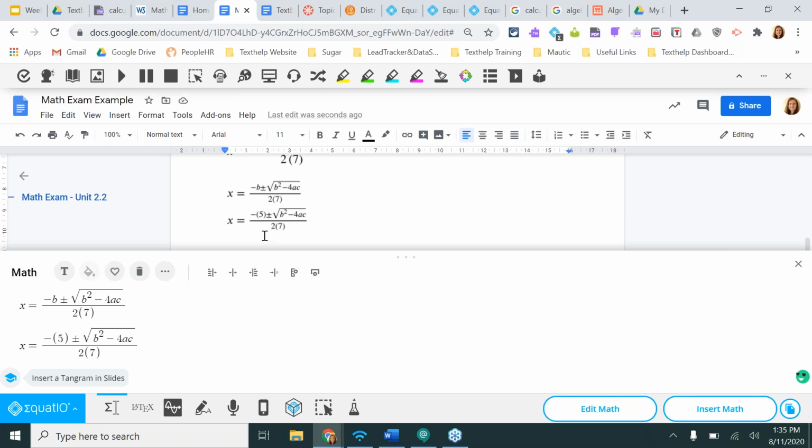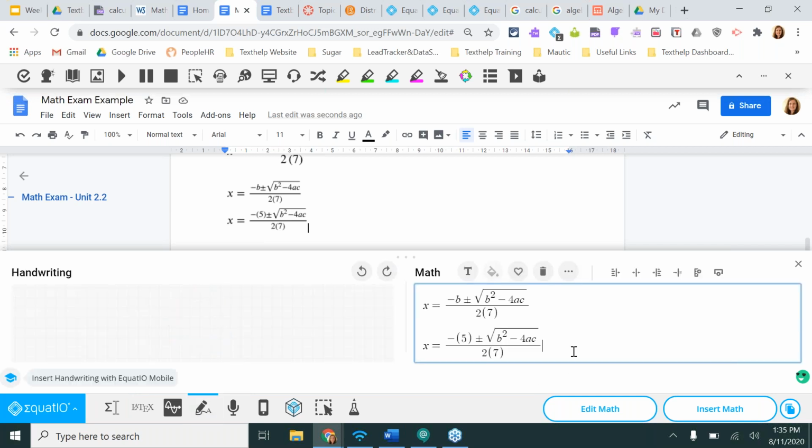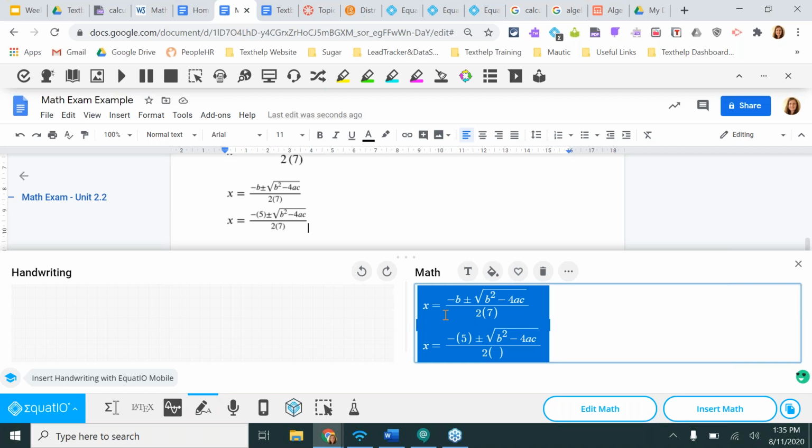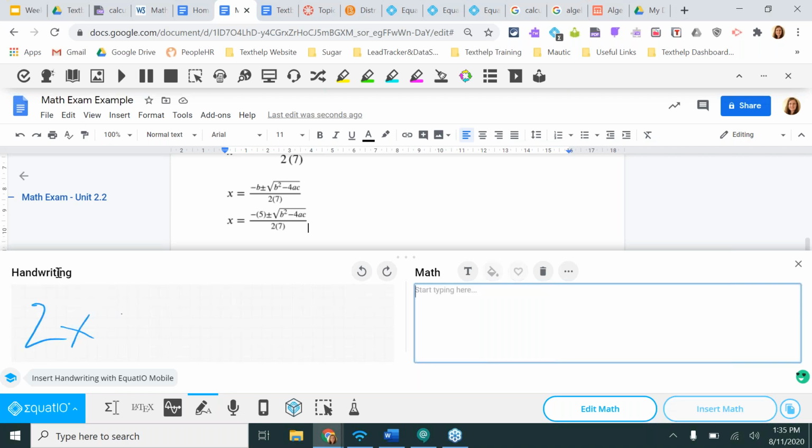Now, as I just showed you, no need for readers, no need for writers. A proctor doesn't need to be here because a student can do this on their own. It can be read out loud. A student can go back and listen to what they've put in. They can just do it themselves. And if typing doesn't work, students can use handwriting recognition. So I'm actually going to delete all of this. But because I have a touchscreen, I could write 2x plus 3y, and it's going to show up over here on the right side, and I can enter that in.